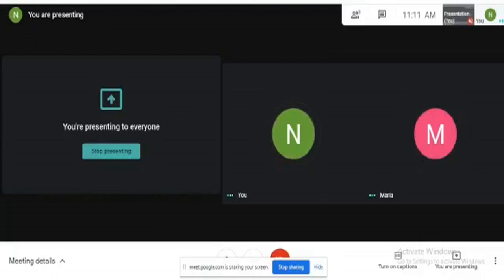My last question to you is what is the difference between waiting time and response time? Basically these two are useful in scheduling the processes. Waiting time is the amount of time a process has been waiting in the ready queue, and the response time is the amount of time it takes from when a request was submitted until the first response is produced.